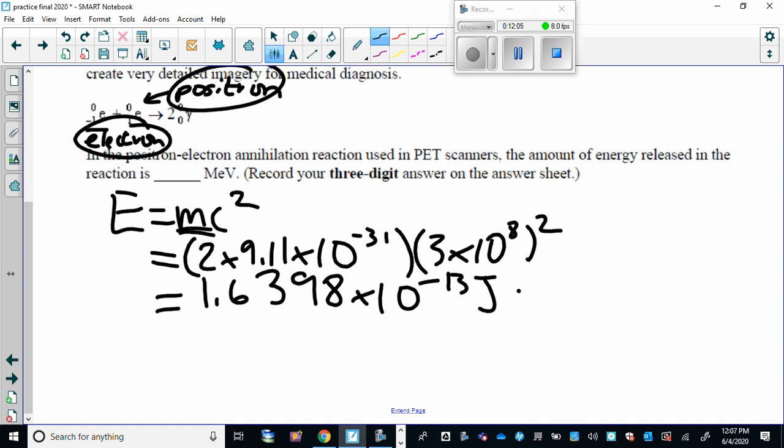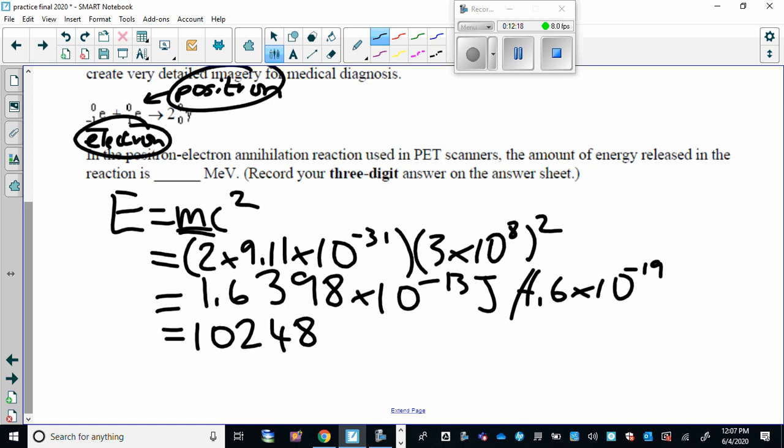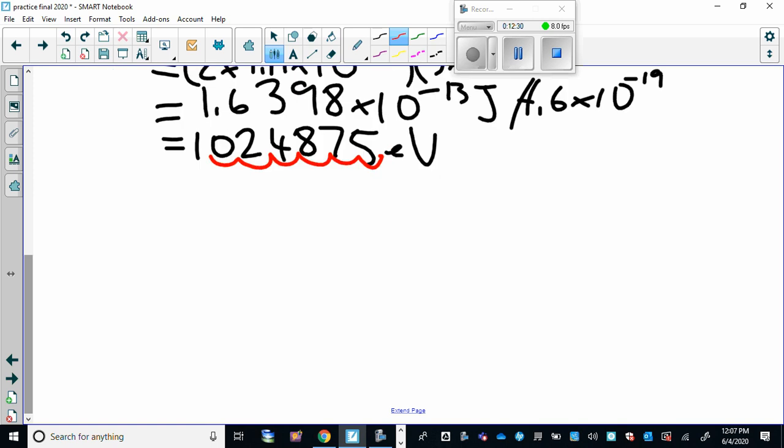So divide by 1.6 times 10 to the negative 19, and that ends up giving you 1.02487 electron volts. They want it in mega electron volts, so 1, 2, 3, 4, 5, 6. So the answer is going to be 1.02